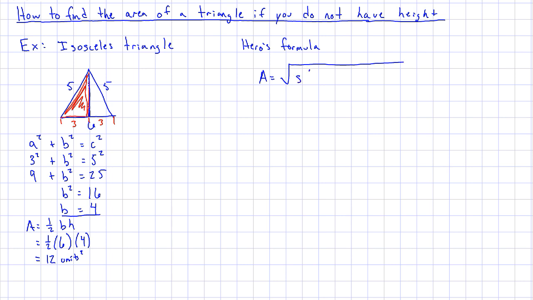s times s minus a times s minus b times s minus c. So that whole thing is the area formula. This s, well, that's not side length. a, b, and c are the side lengths of your triangle. So the triangle will look like this, and the side lengths will be a, b, c. So s then is what's called the semi-perimeter. What it is, is the perimeter divided by 2. So a plus b plus c